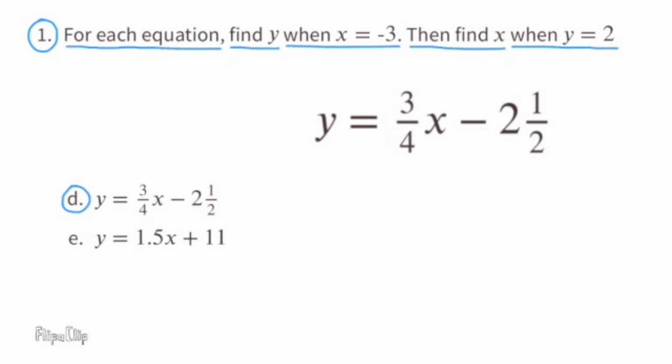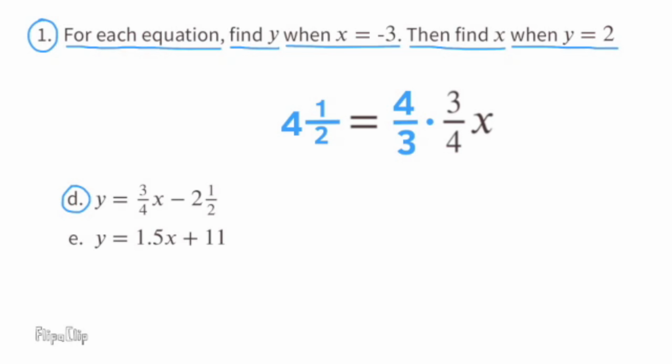Next we need to substitute the y with a 2. 2 equals 3/4 x minus 2.5. I need to add 2.5 to both sides. Negative 2.5 plus 2.5 equals 0, and 2 plus 2.5 equals 4.5. 4.5 equals 3/4 x. I still need to get the x by itself, so I'll have to multiply 3/4 times